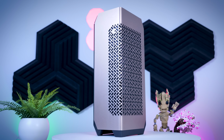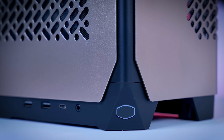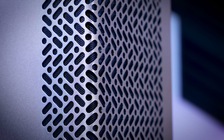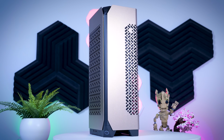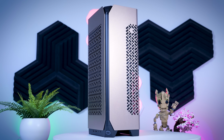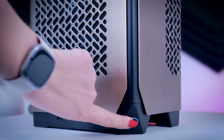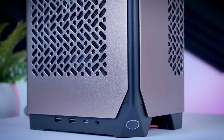I think it's a pretty clean design as well. It is not small enough so you forget you have a PC on your desk, and it does have ventilation on all sides, but it is still fairly minimalistic. It doesn't have any RGB, and it can blend into a normal setup easily. I also like that they kept the power light very simple. It is just the outline of the Cooler Master logo near the bottom of the case,